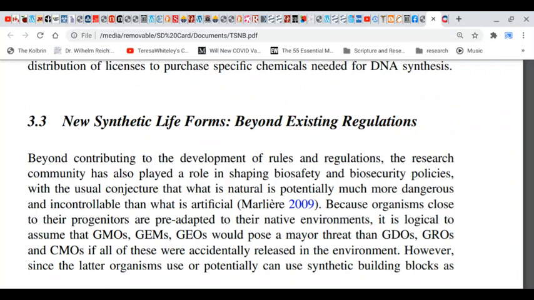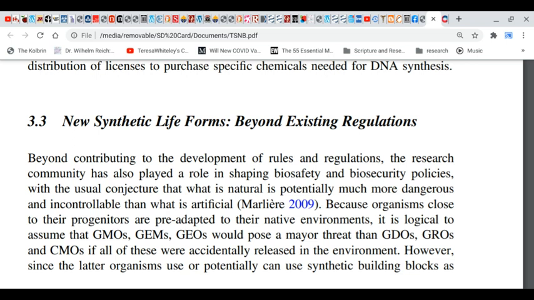Beyond contributing to the development of rules and regulations, the research community has also played a part in shaping biosafety and biosecurity policies with the usual conjecture that what is natural is potentially more dangerous and uncontrollable than what is artificial. Because organisms close to their progenitors are pre-adapted to their native environments, it's logical to assume that GMOs, GEMs, GEOs would pose a major threat